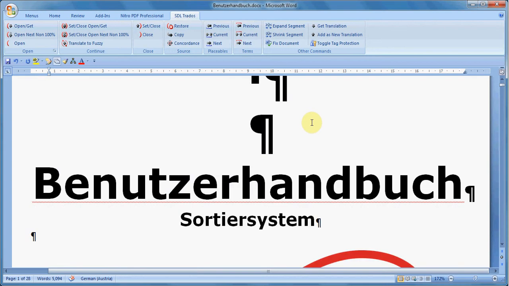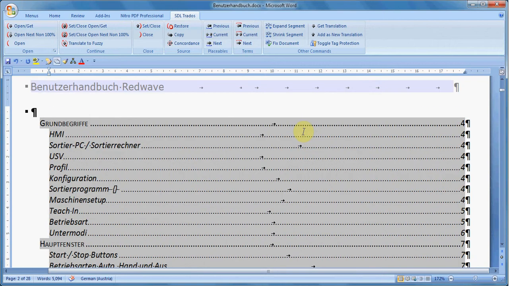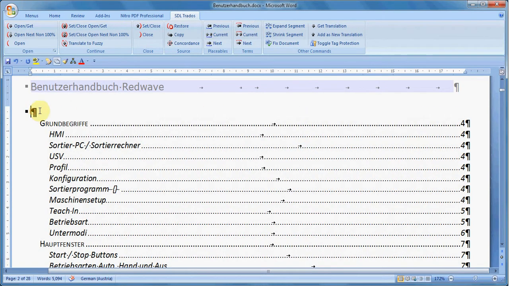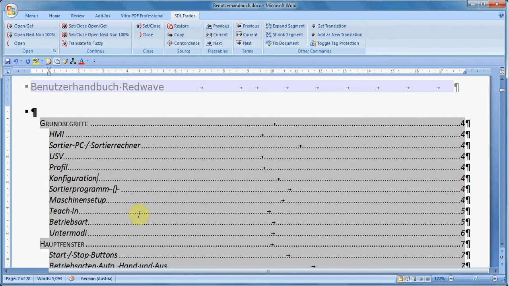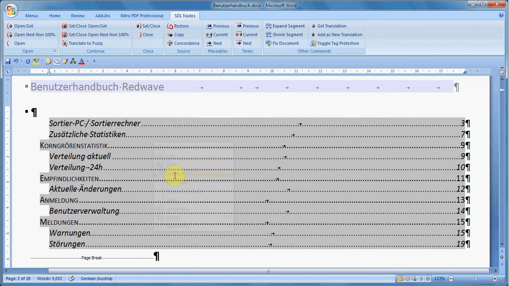One of the problems that you might encounter while you're translating in Trados in Word is translating the TOC, the table of contents. Normally, you cannot do this if it is generated. What you can do is select it, and if it is gray, it means it is self-generated. All you need to do at the end of translation is right-click and click Update Field,